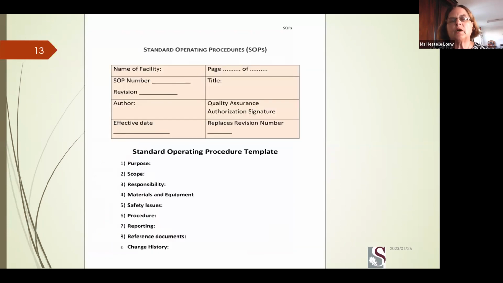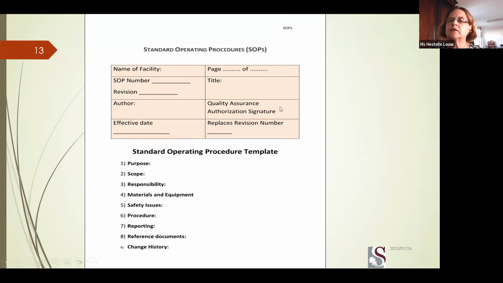Then you've got another one that I've got here for you. That's a little bit more detail. And I like this one. It's the name of the facility. Then they've got the page, from page 1 to page 9. For example, they've got the SOP number, then the revision, when they're going to revise it, and then the title of the policy, the SOP, the author of the SOP, and then what they've brought in here is the quality